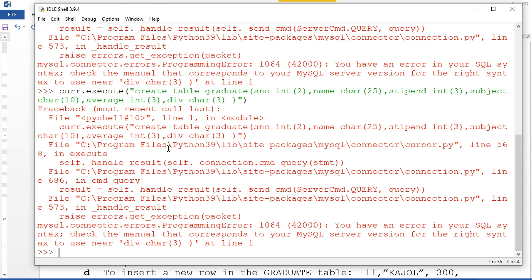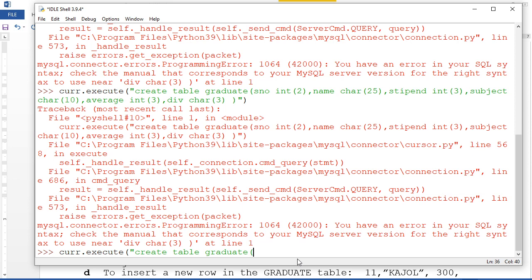Now we are going to write everything the same way. I am going to write till here only, let's suppose create table graduate, and I'm writing till this bracket. Now I'm going to teach you how to write exactly the same as in MySQL. After graduate I had taken the bracket. Now I need to go to a new line.